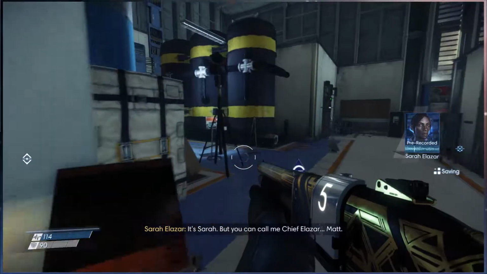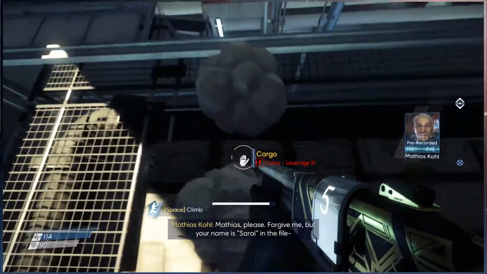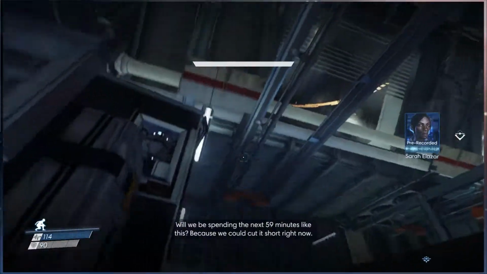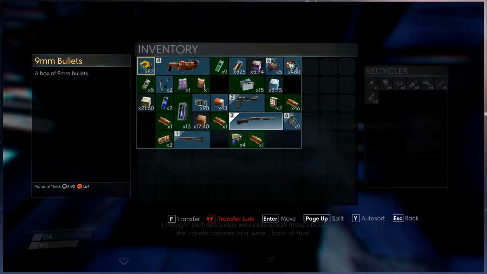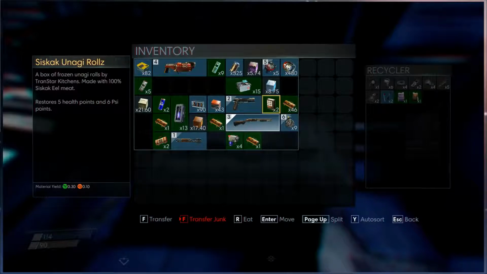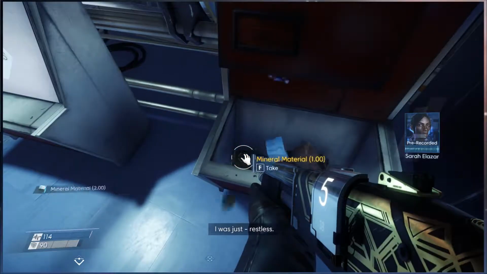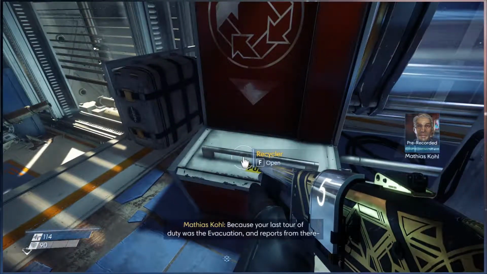Come in. It's Sarah. But you can call me Chief Elazar. Matt. Matthias, please. Forgive me, but your name is Sarai in the file. We've been over this. My mother Americanized it. Will we be spending the next 59 minutes like this? Because we could cut it short right now. We've discussed your mother. I thought perhaps today we could speak more about the career choices that were born of that. Oh, is that it? Serving in the military wasn't an excuse to get away from her nagging, Matt. I was just restless. And you're better now? Not restless? I'm fine. Because your last tour of duty was the evacuation, and reports from there...